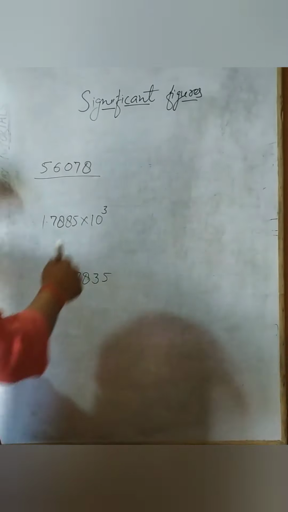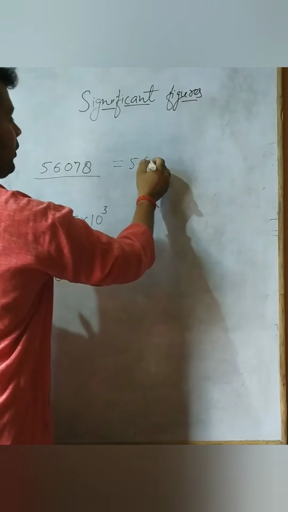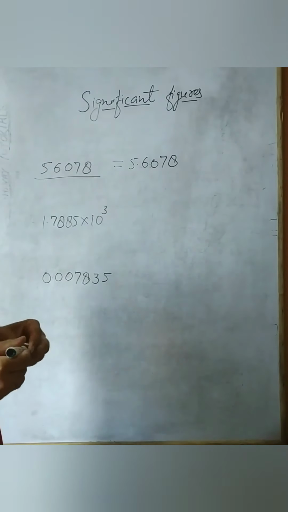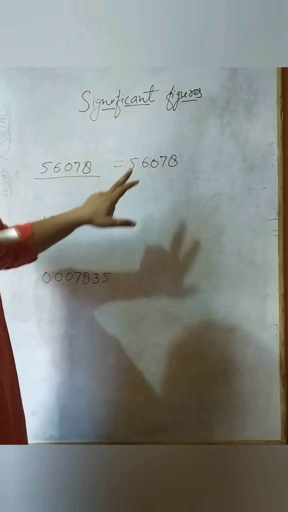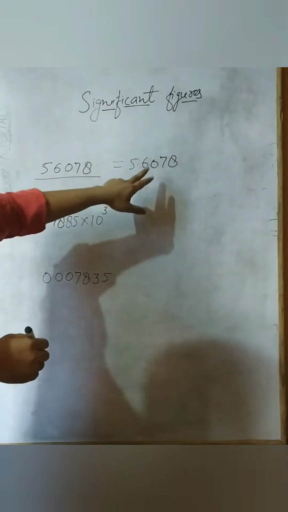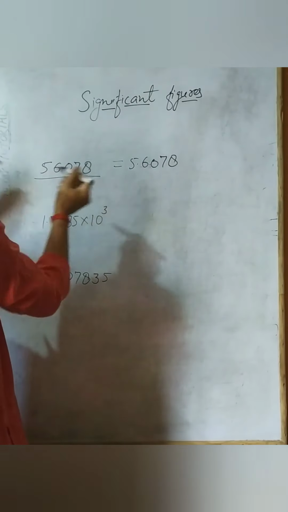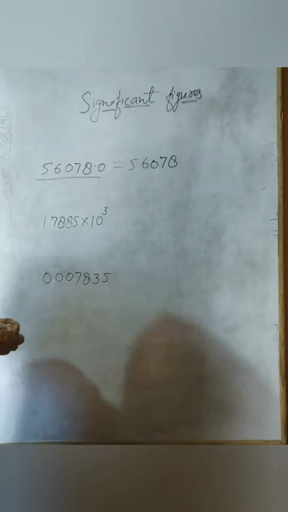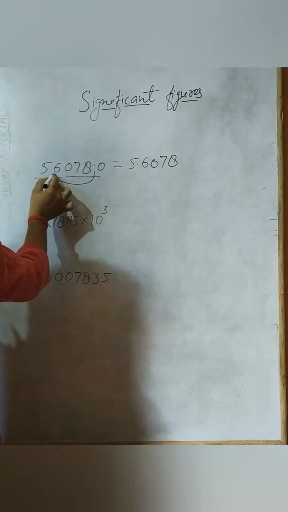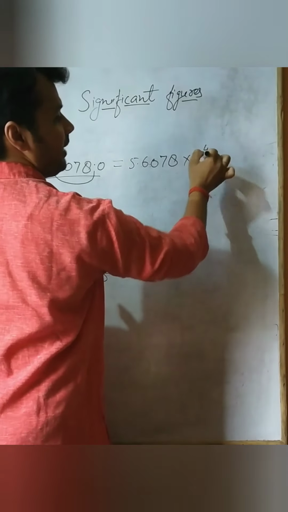In 4 numbers only. So first of all, we convert it into decimal form, 5.6078. Remember the rule? The decimal is put only after one non-zero digit, 5.6078. Okay. How many places did the decimal move? The decimal was not there, so we can consider the decimal was here, decimal point 0. So from here the decimal has come 4 digits ahead on the left side, which means it will increase the power of 10 by 4.